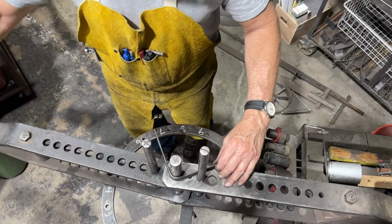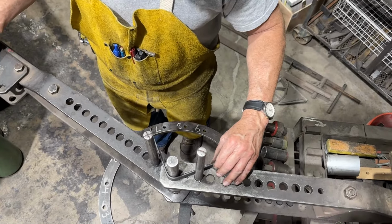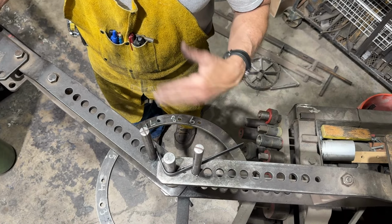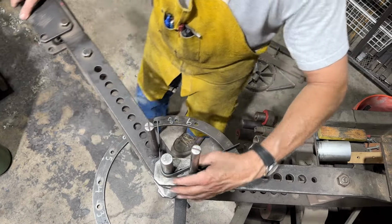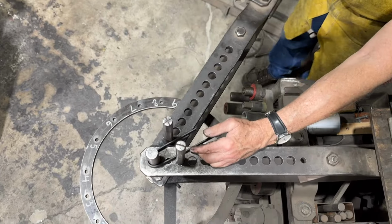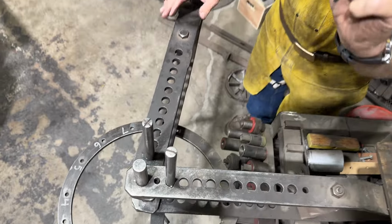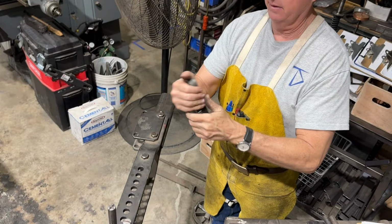Okay. So now I'm going to bend 180 degrees. I'll go by it a little bit because I know there's going to be some spring back. The harder the material, the more spring back or return you're going to have. So I'll go ahead and bend it to 180, and I'll go by a little tiny bit, and I pretty much got it. I can actually squeeze this part with my hand to get